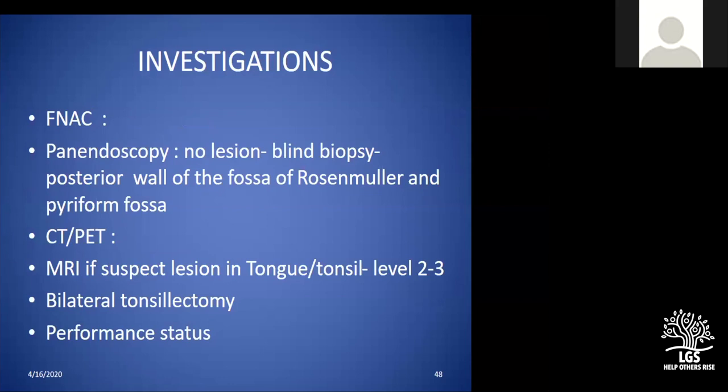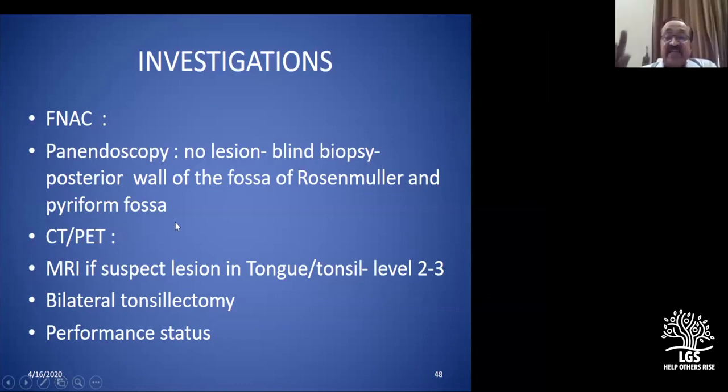After that also, let us say it is negative. This is how we are talking about it now. So there is a view to consider CT PET scan in all patients with occult primary with the nodal mass. Remember, PET scan is not routinely done when you are able to get a, say, carcinoma buccal mucosa with the node. Nobody will do the PET scan at the initial stage.